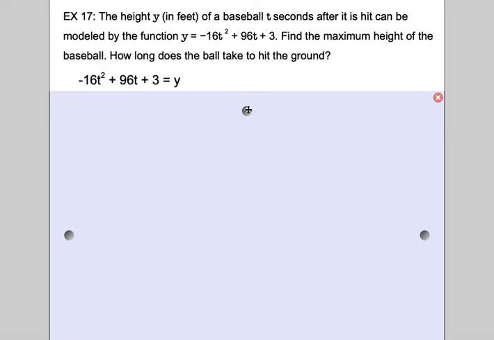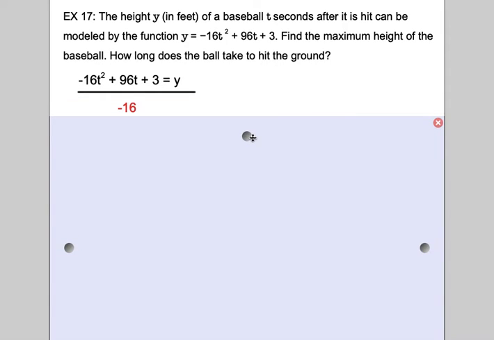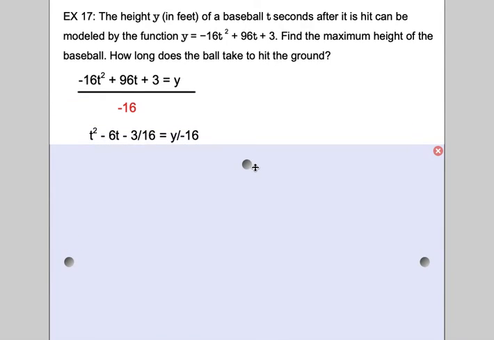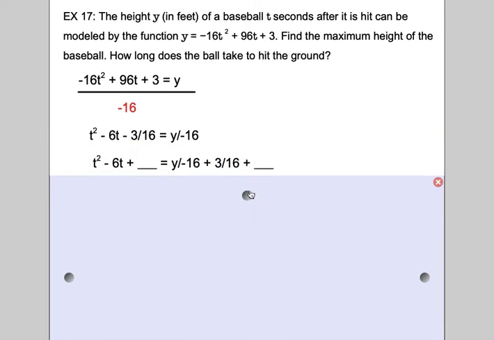So I set up my math problem just like we did all the others, making it equal to y. I divide by the leading coefficient, which is negative 16. Now this one gets kind of messy. The 16s cancel out. 96 divided by negative 16 is negative 6. 3 divided by negative 16 is, fortunately, negative 3/16. And then we get y divided by negative 16. I add my 3/16 over to both sides, thus getting it on the right-hand side and creating my spot for